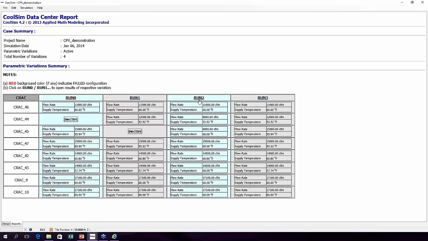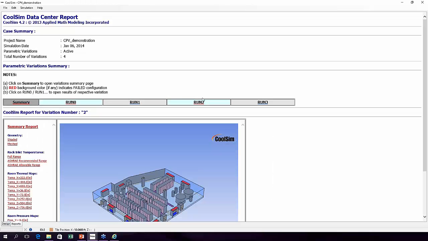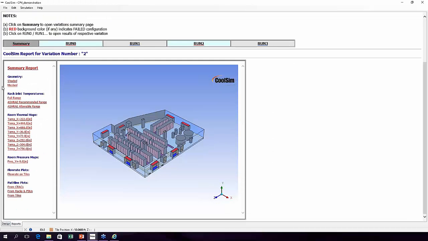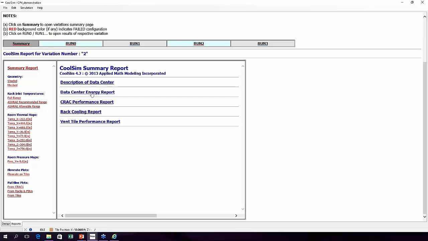And then underneath each one of these pages is the detail. So I'm going to take a look at run 2. I've got it set at 60 degrees F. 11,000 of these cracks are running probably full tilt. So let's take a look at run 2 and let's look at some analysis. First of all, let's look at my